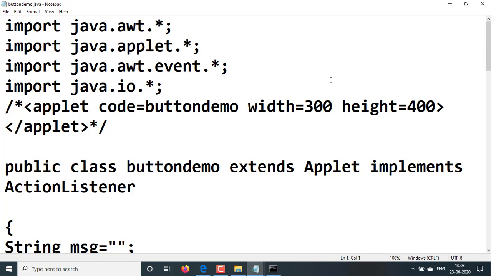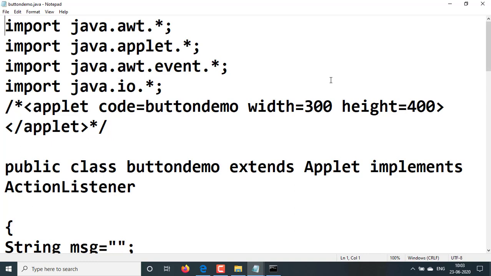Here we have implemented ActionListener because buttons or push buttons can generate the action event. To handle this action event, we need to implement ActionListener. That we are going to study in the third chapter in detail.